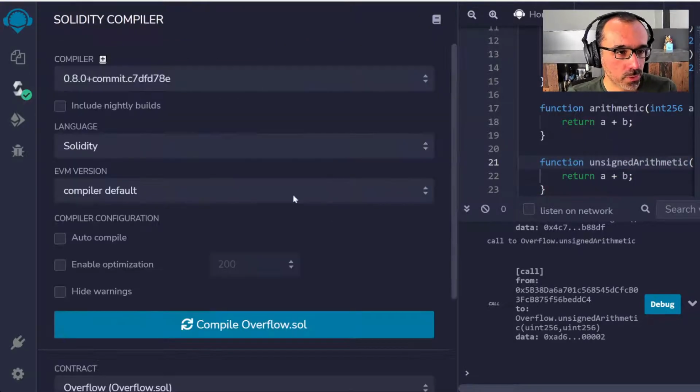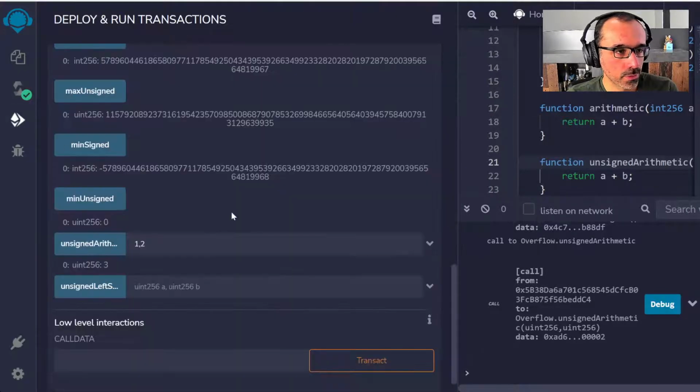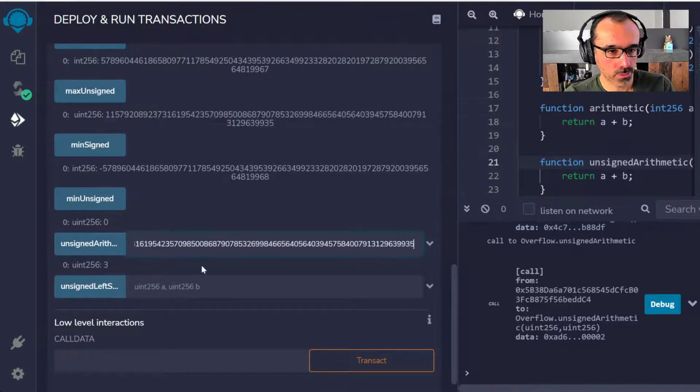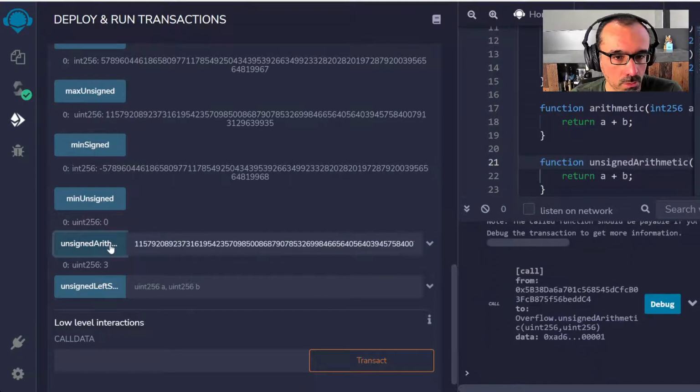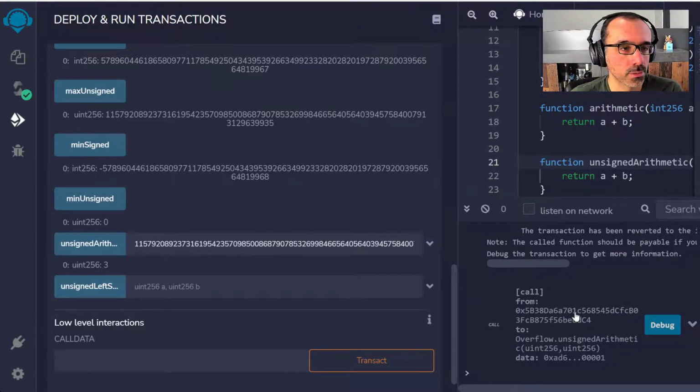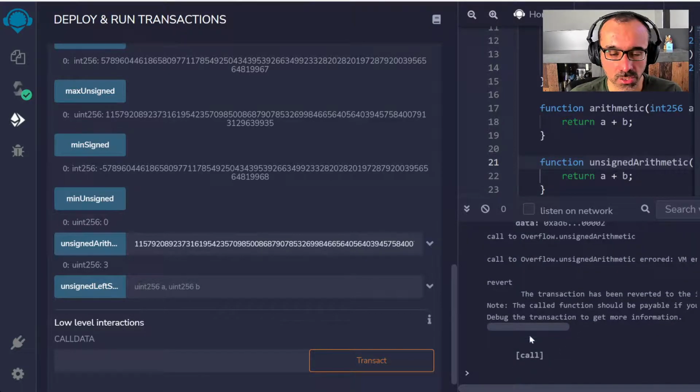And let's do one more example here. We take one massive value, the maximum unsigned, and we add 1 to it. As we know, this must not go through. And right here, you can see an error. Revert, the transaction has been reverted. This is to do with an overflow condition happening, and Solidity stopped it. Those instructions stopped this arithmetic from even taking place. So an exception was thrown that the transaction was reverted.